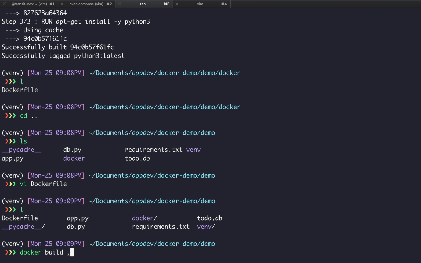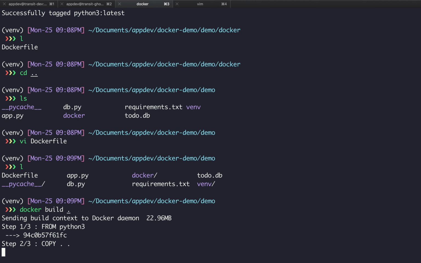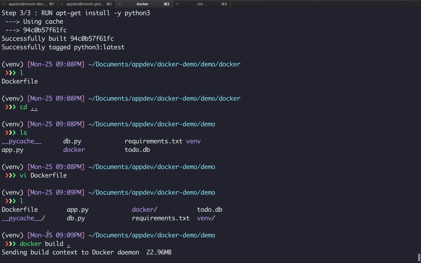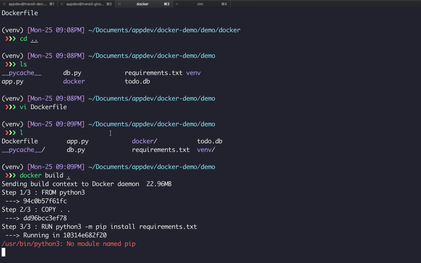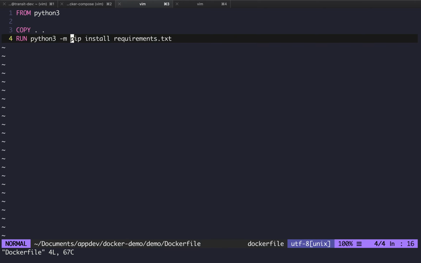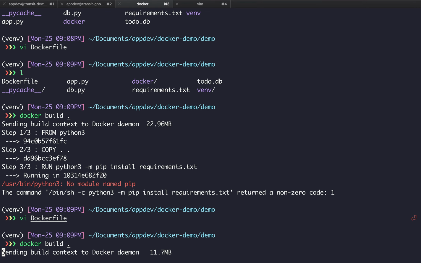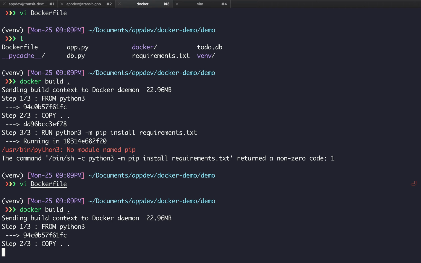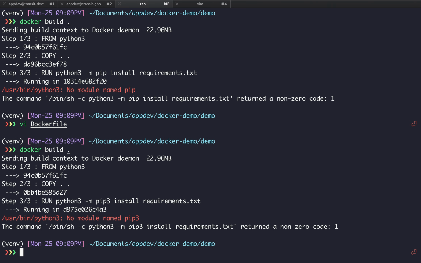The same thing, docker build . Okay, if we notice, this hash actually matches this hash, so it was able to cache it. This is not something that you should do because you never want to override the built-ins of the Docker Hub images. Yeah, I think that's it actually. We'll find out. The reason why this copy step runs again is because we edited a file that was in the current directory, right? We edited the Docker file.